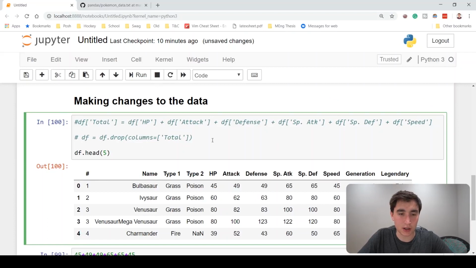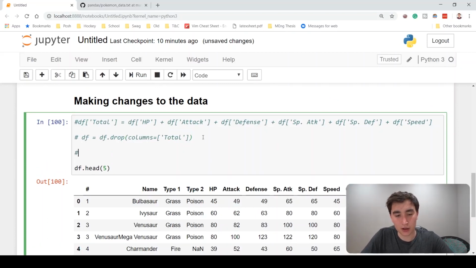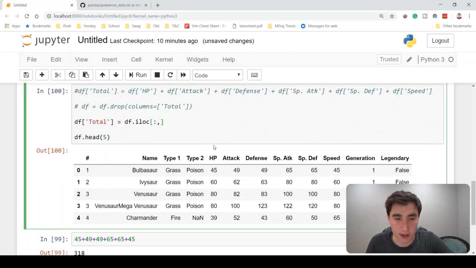Now if I wanted to add a column in a different way, maybe a bit more succinct, I can do df total. That stays the same. This time I'm going to use that iloc function that we learned. So integer location, I want all of the rows, so the first input is going to be the colon, which just means all rows, everything. Then the columns I want to add together will be HP through speed. That will be, this is 0, 1, 2, 3, 4. So this will be the fourth column